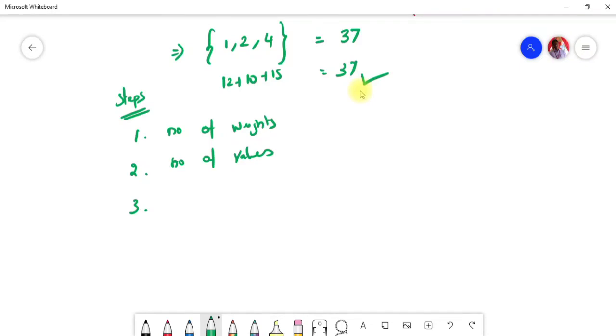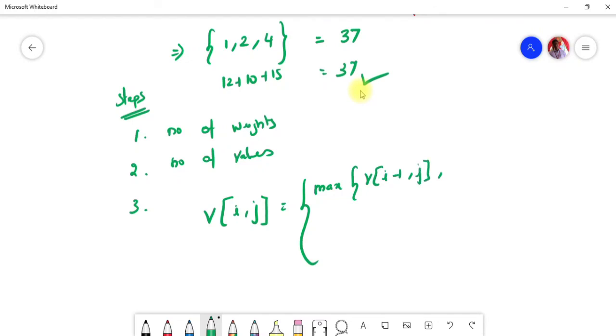The formula is v of i comma j equals the maximum of v of i minus 1 comma j, and v of i plus v of i minus 1 comma j minus w of i. That's what we have done in the previous table, right?